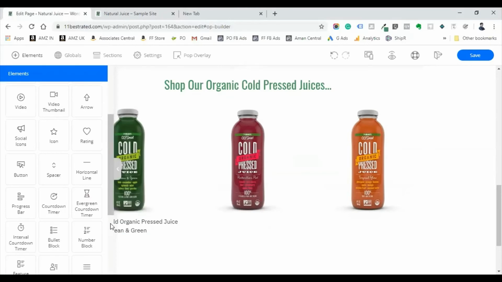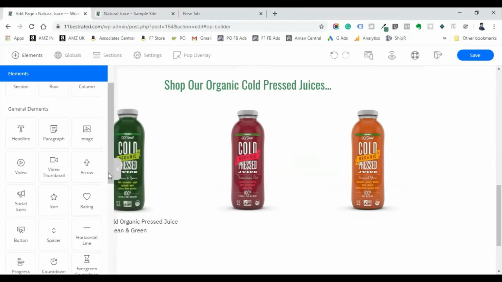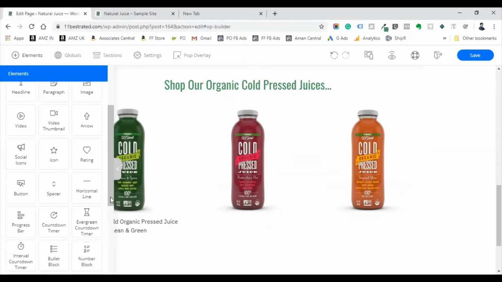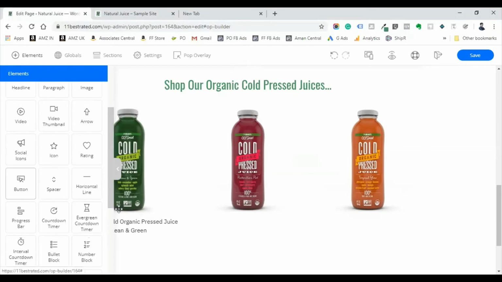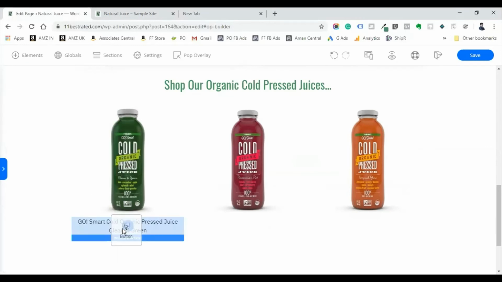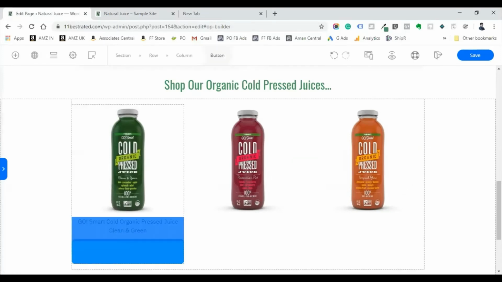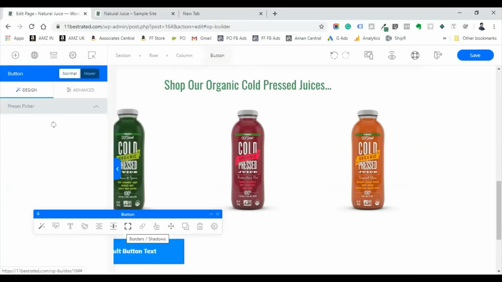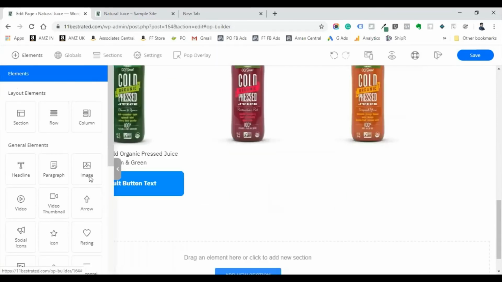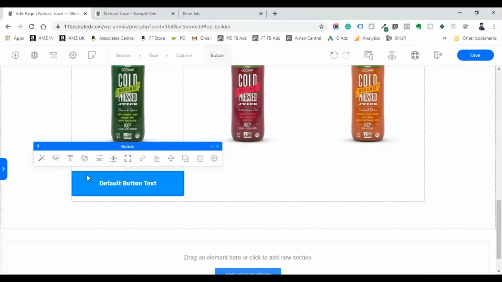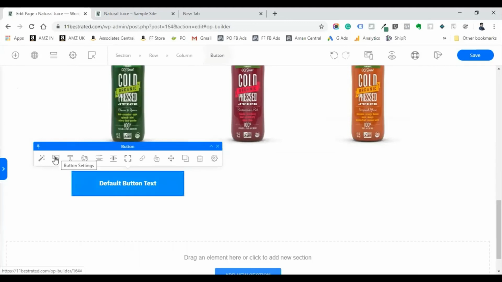To do that, you will find a button element here. Here is the button element, drag it and create the button. Now you have the button. You can resize the button according to your taste and color.